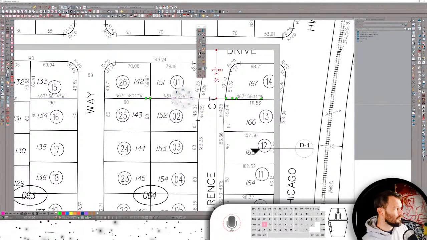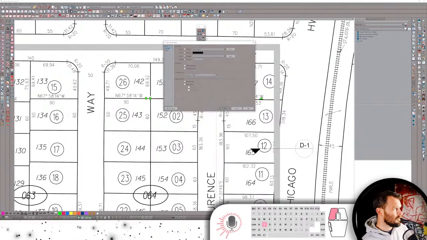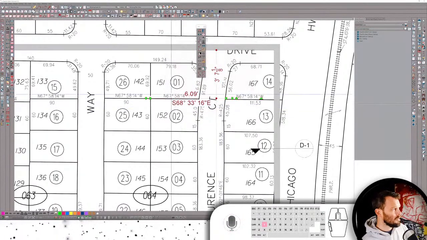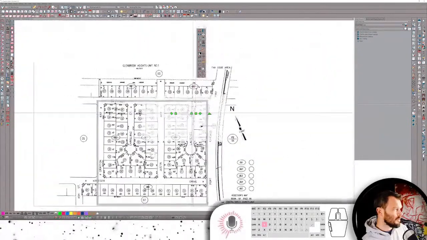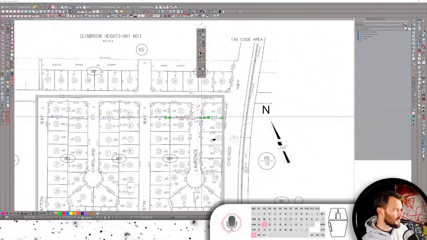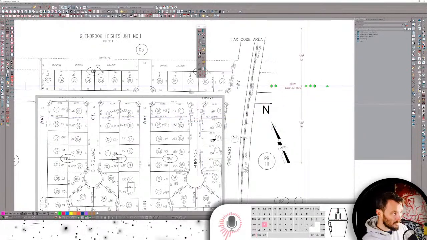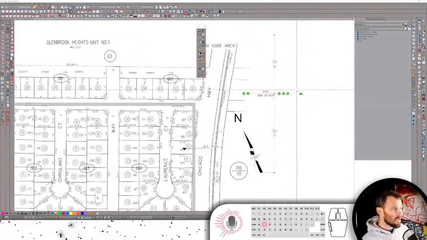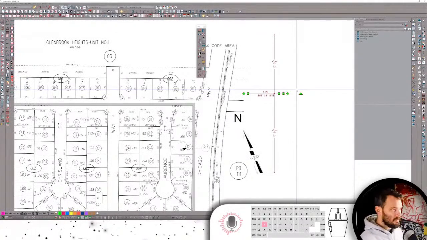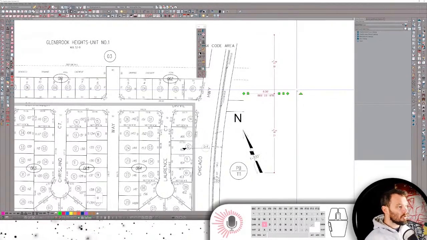Right. And then the other thing is to have this open up under the line style panel: show length, show angle. Okay. And that's going to give us some additional information. Now I'm going to drag this off to the side so we can see what I'm doing here. A couple things to note with Chief is the bearing might seem wrong to you,